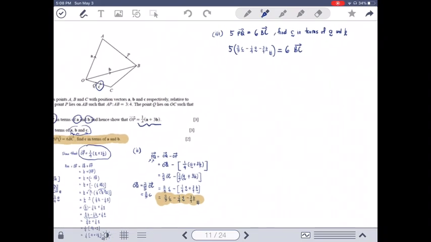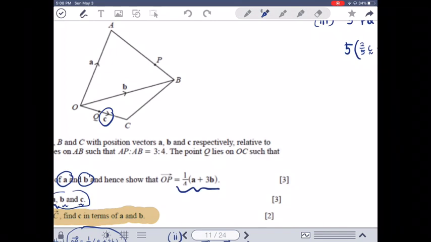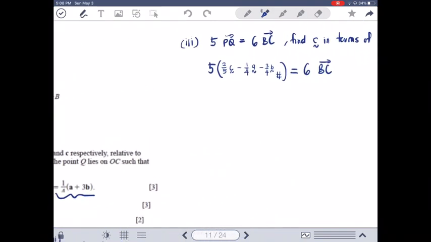Okay, so vector BC is just BC. You know that BC is equal to OC minus